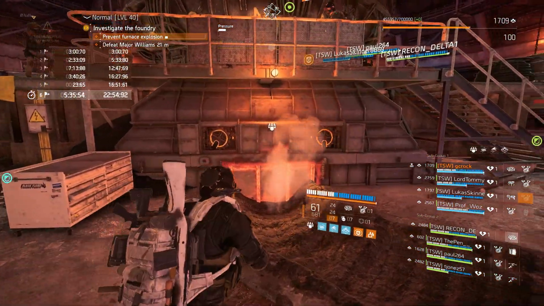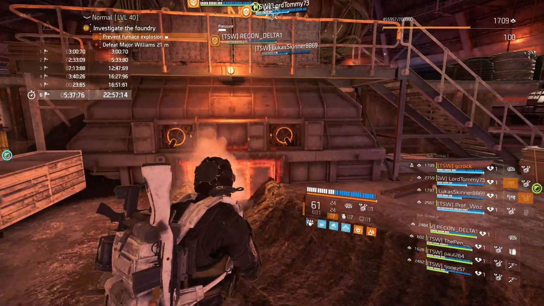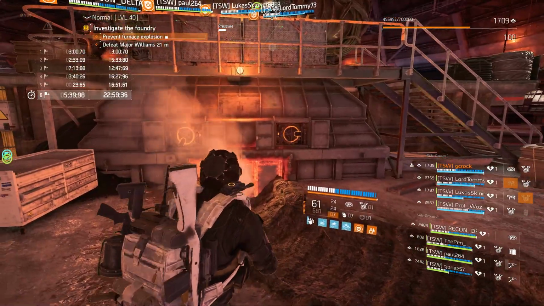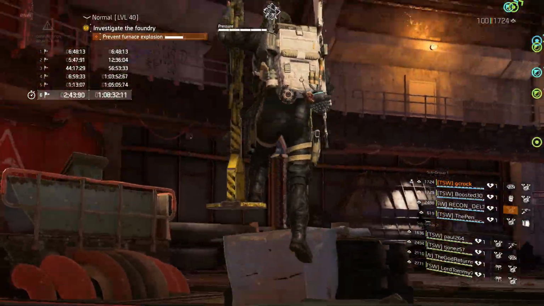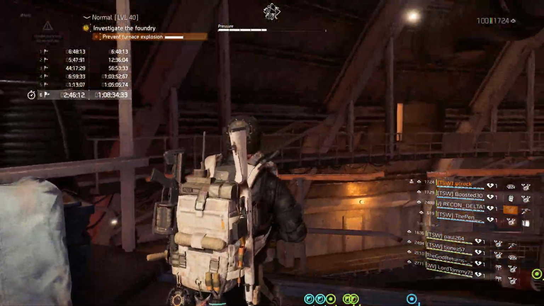You want to allocate 1 person as a diagnostic person, 1 person as the runner, and the other 3 people will be as ad control. We'll take a look at the diagnostic role first. As soon as you enter the area, you'll want to head up top using this foot lift